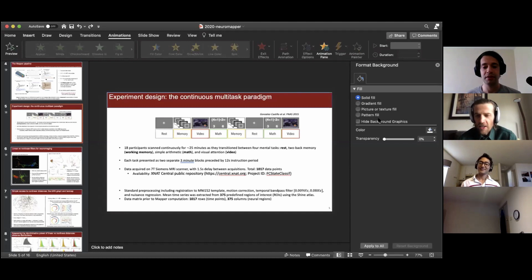So did you try this on simulated data? Quite specifically, not. There are reasons for and against. Simulated data would be nice because you have full control, and there you can test certain hypotheses, like how much data is required to get insights from Mapper. That kind of question can be carried out in simulated data. Of course, the gold standard is to use real experimental data, and we were lucky because this experimental data had been collected before. But there are also big challenges there because